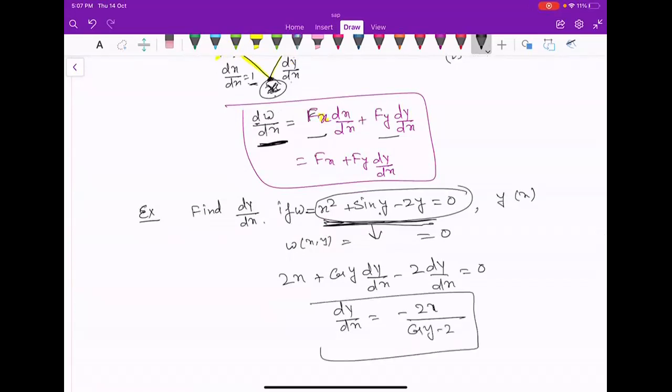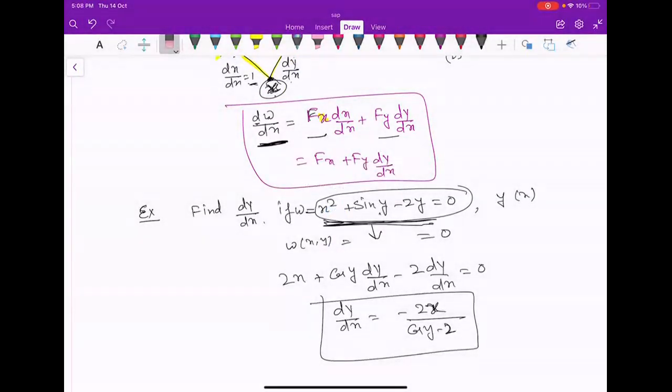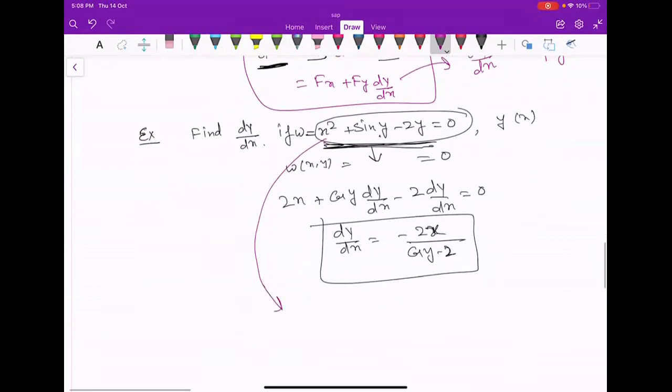ये तो सभी को आते ही है कि हम कैसे करते थे। We will collect all dy dx term and then we will just differentiate everything and then we will collect all dy dx term this way, or just we compare by this formula. तो ये formula आपका क्या बताता है? dy dx equal to what? Minus fx upon fy. इसका मतलब क्या है? function of x and function of y. जैसे कि आपको अगर हम इस क्वेश्चन में देखें तो what is the function of x?